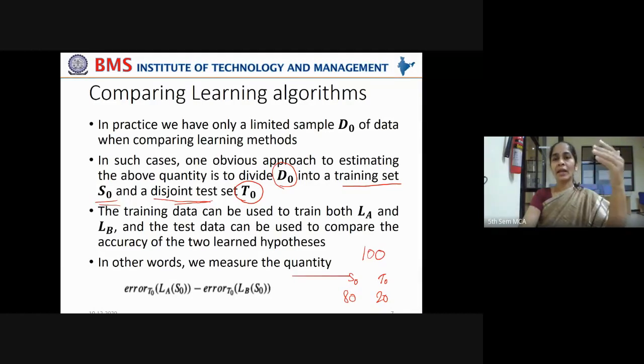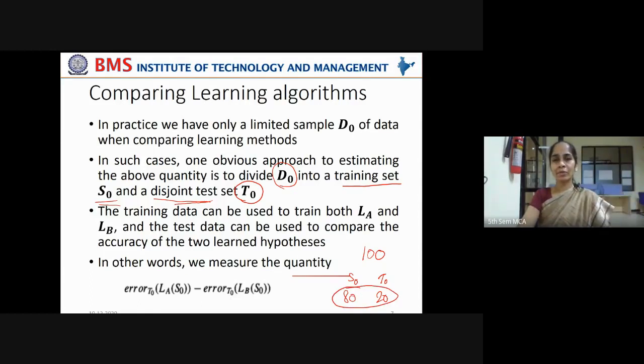Got it? So I have 100 data points. Say we are taking the example of playing tennis, whether on a given day, when the climatic condition is given, like the sky is sunny, rainy or cloudy, what the outlook is, whether the temperature changes on the particular day, all this data is given. The labels are whether tennis will be played on that particular day or not. 100 such data points are given.